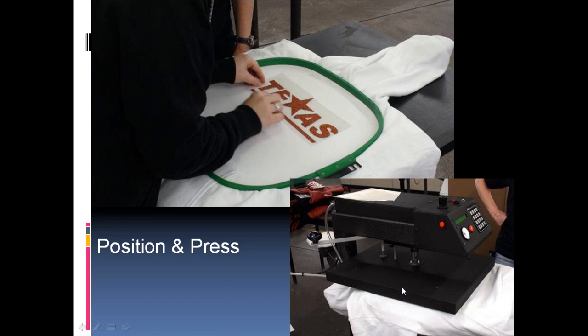And all I'm trying to do is get it to temporarily hold enough in place so I can sew it out. Of course, you could use spray tack and remove individual components and place them. I think it's easier just to take it away from the embroidery machine, tack it down upside down with the heat press for somewhere around 30 seconds or so, depending on the thickness of the fabric you're working with, just to get the adhesive temporarily melted so you can get the carrier away for sewing. So once you heat press that down, as you see in the bottom right corner,